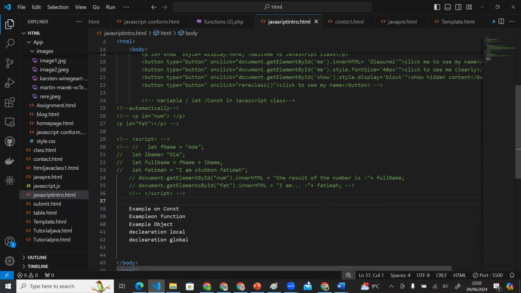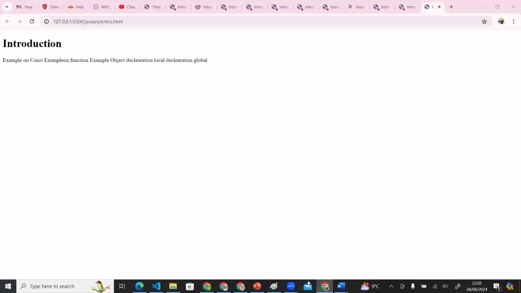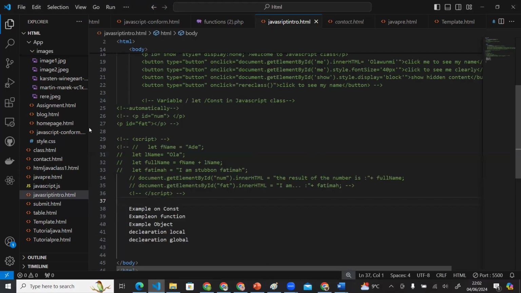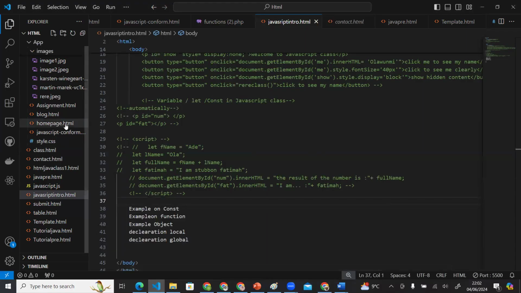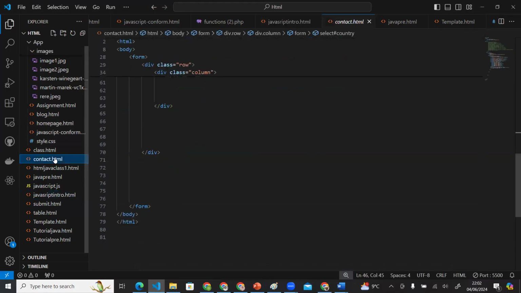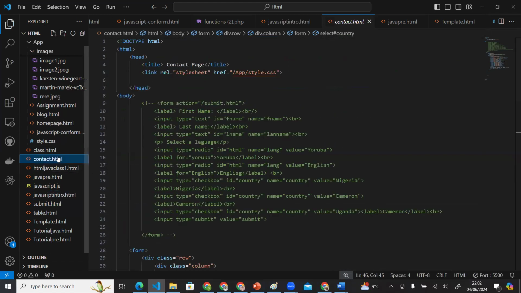So the assignment, we said we should create the table, the form. Yeah, the assignment is to create this. Let me show you again. You can create your form in any form, like